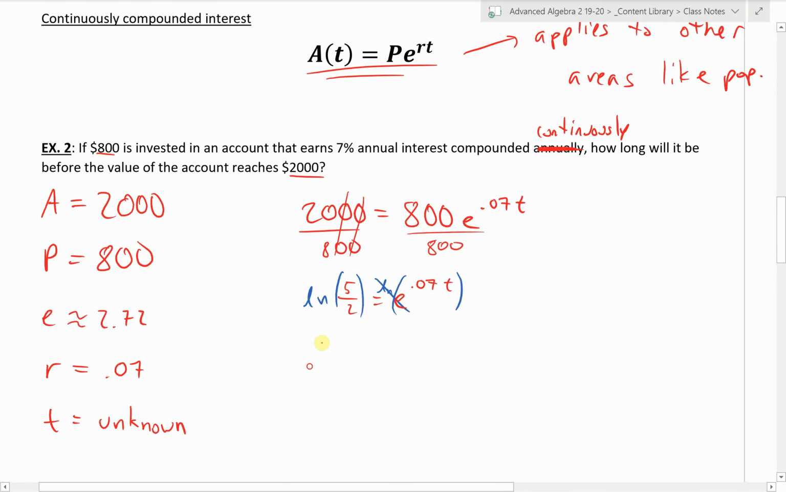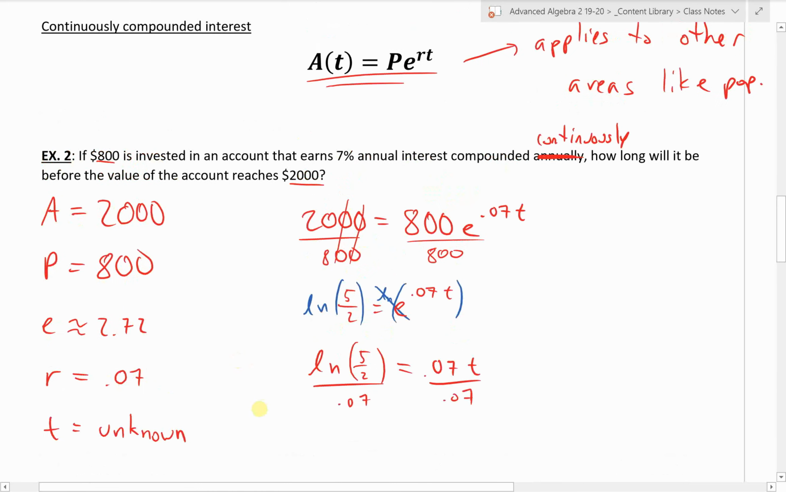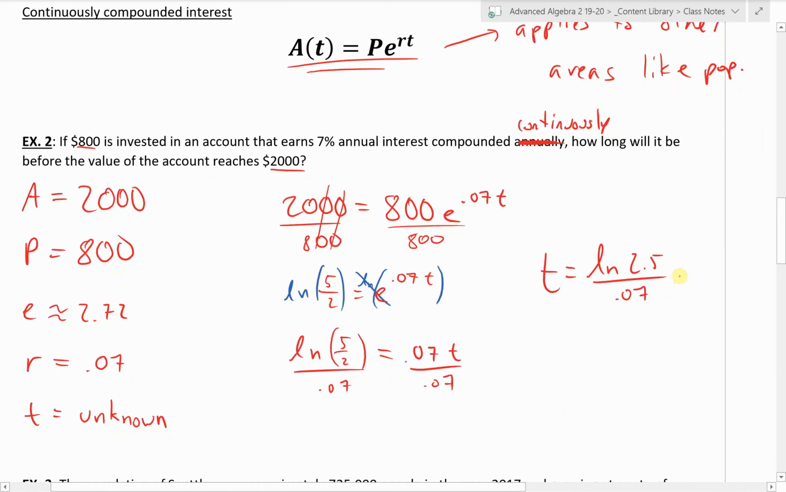And so I'm left with the natural log of 5/2 is equal to, on the right side, natural log and e cancel, so I'm just left with 0.07t. So it simplifies the computations a little bit because it gets rid of that base e. And now I can just divide by 0.07 to get t by itself. And so t will be equal to the natural log of 2.5 divided by 0.07. And that's the exact amount of time it will take. If we type that into a calculator to get an approximation,